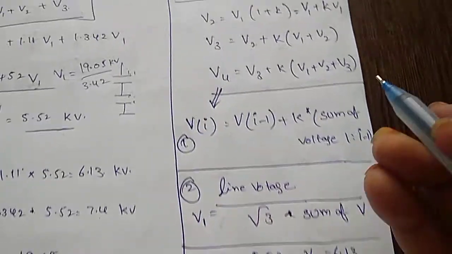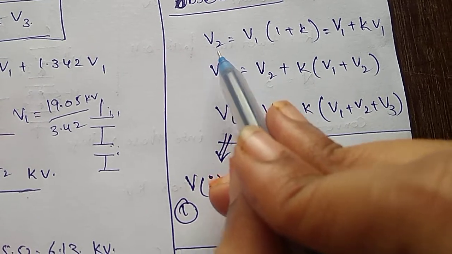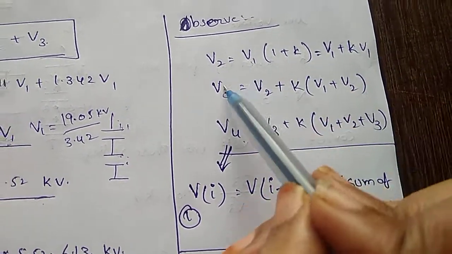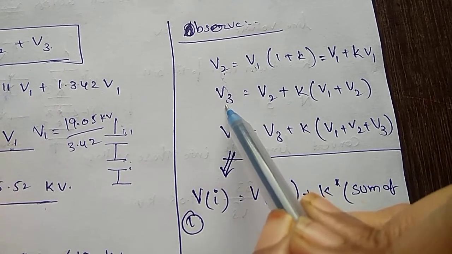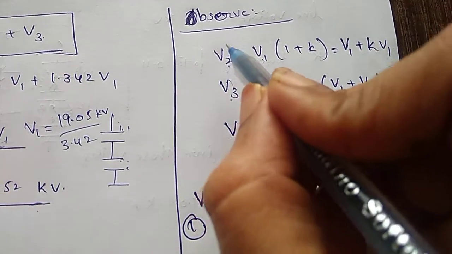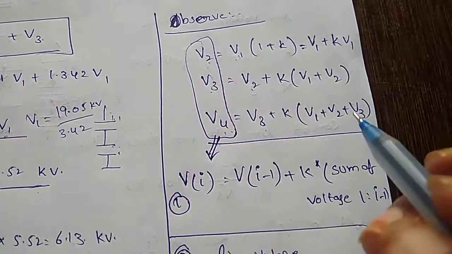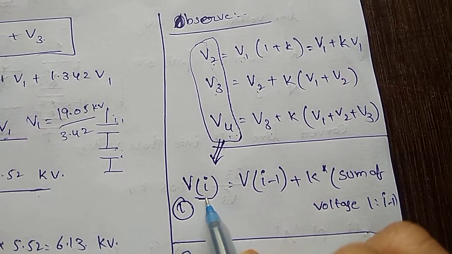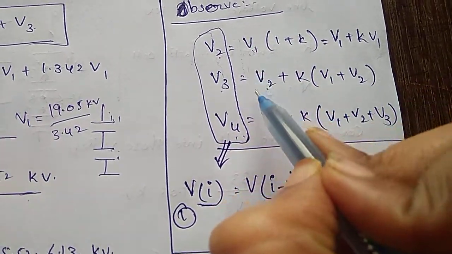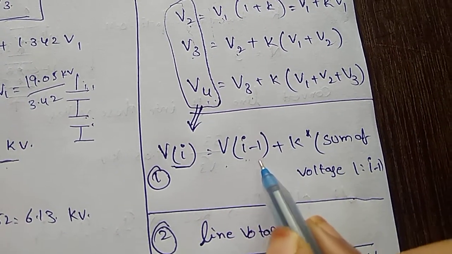Okay, so please observe these formulas. I am giving V2, V3 and V4. If I am observing here, for V2 it reduced by 1, for V3 also it is reduced by 1, for V4 also it is reduced by 1. So for calculating in a common way, if I am assuming this as VI,